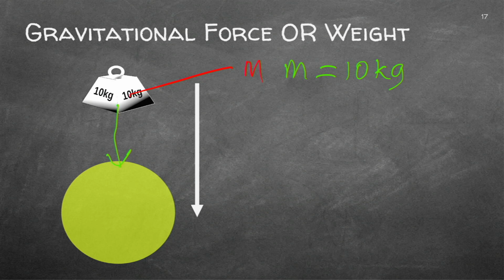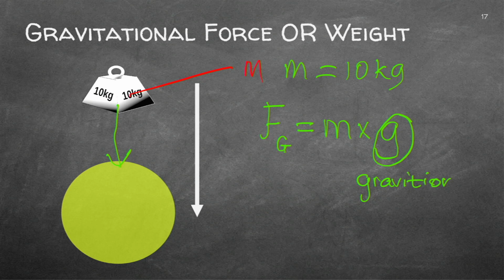And now you can calculate that force. This is the first actual formula that you've got to know. It will be on your information sheet. It is mass times, it's usually g. Now, I'm going to explain the g quickly. It is the gravitational acceleration. So the gravitational acceleration is the Earth pulling on this mass, accelerating.